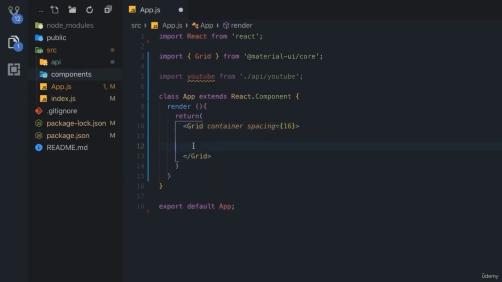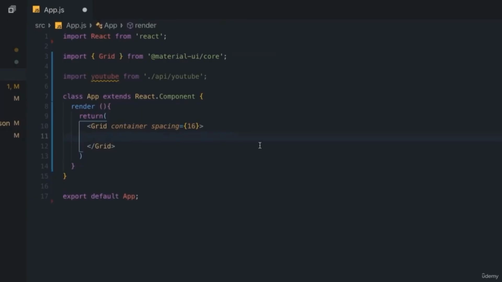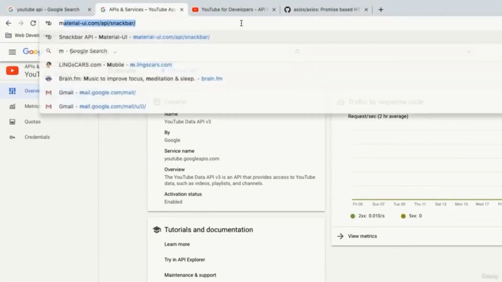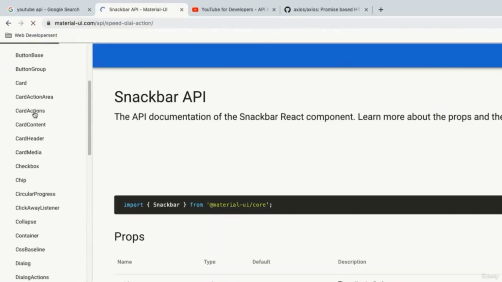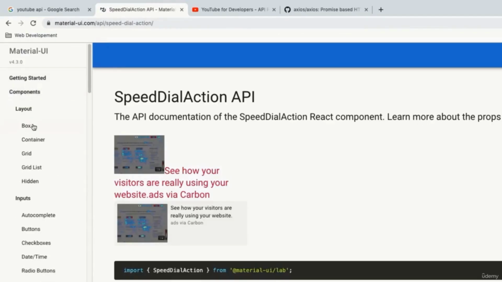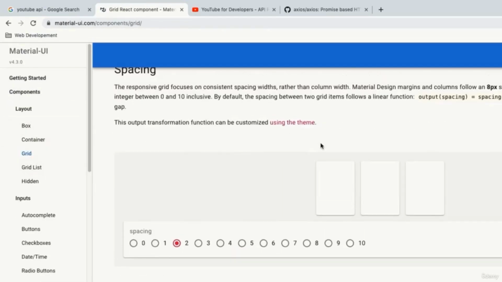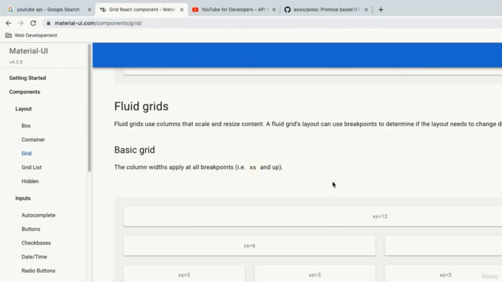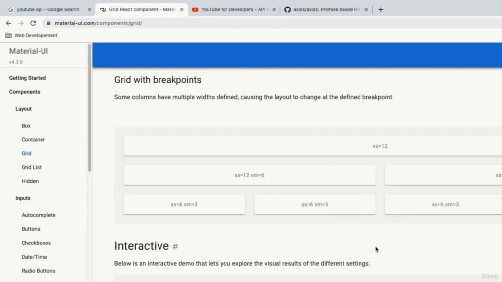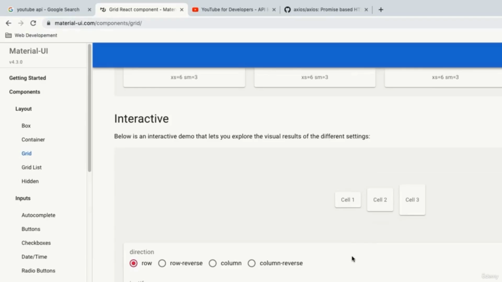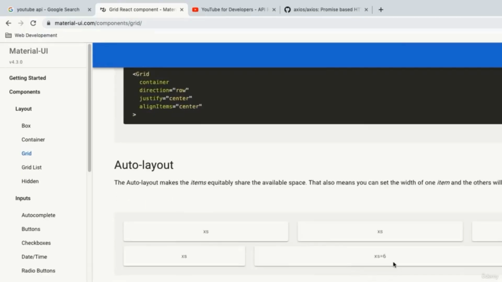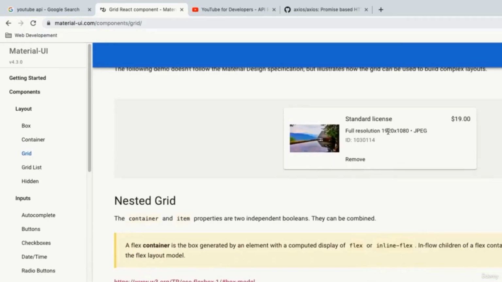Now the first thing I would like to mention is that you do not need to know everything about Material UI. If you go back, and we can go into Material UI, and check for components, we check for Grid, you can see all the stuff that I'm going to type. But here we will not need to go into that. If you are not interested in learning Material UI right now, you can just copy what I type, and that is simply and purely for the styling. But if you want to learn Material UI, which is a really cool way to display data nicely in React,